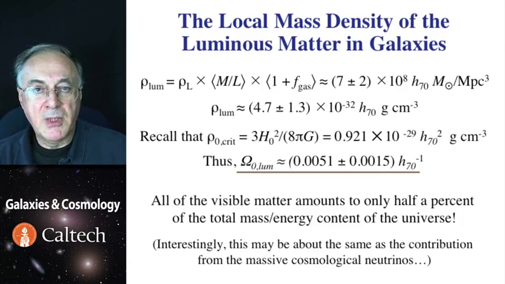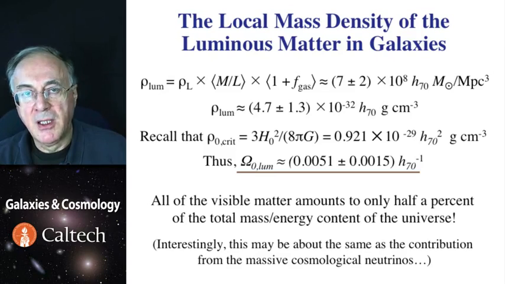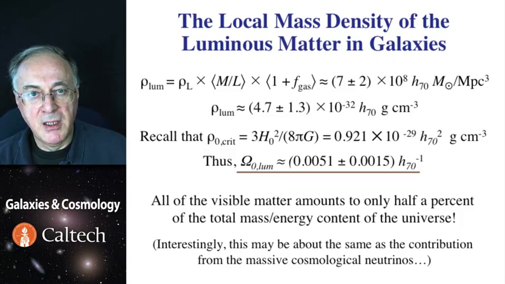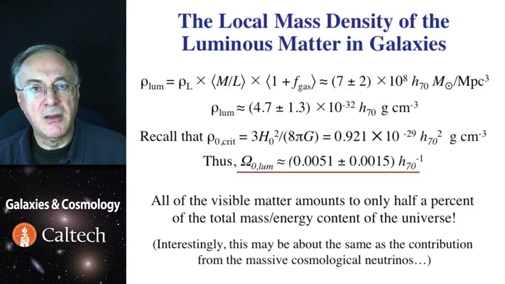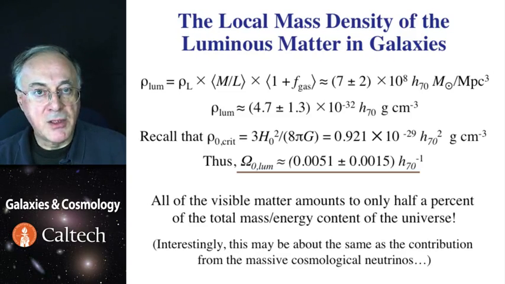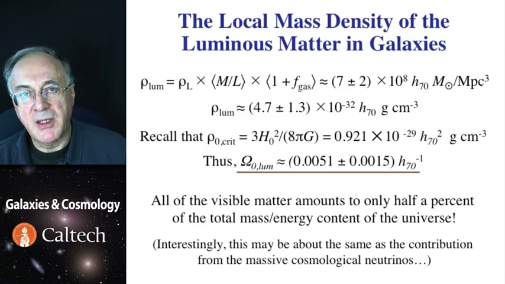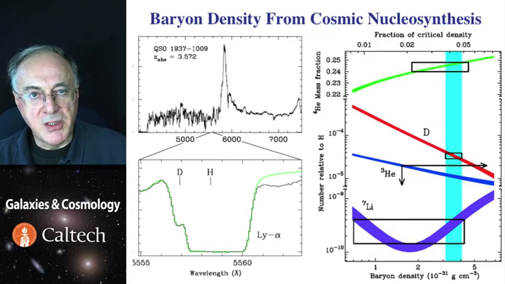So we add it all up, and we find out that the density of the material we actually see in galaxies is a little less than 1 billion solar masses per co-moving cubic megaparsec for favorite values of Hubble constant. Converting that into grams per cubic centimeter and dividing by the critical density gives us the omega in visible stellar populations, and it's only about 0.5% of the total. This is quite a remarkable result, actually, that all the stuff that we see out there adds up to less than 1%, only 0.5% of all the matter energy that there is in the universe that we know from other reasons. But how much should we see?